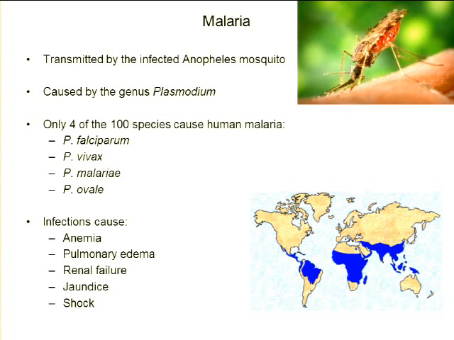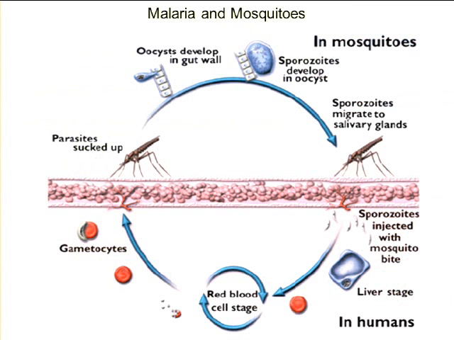Okay. Now I've talked about the symptoms. These are the main reasons that people die from malaria: the anemia, pulmonary edema, renal failure, jaundice, shock. So these things are typically what's going to cause death if it goes this far. So let's look at the life cycle of this, and I'm going to spend a little bit more time because this is important, and you've got to know this. Remember I told you I'm not spending a whole lot of time on the earlier ones, but this one we're going to delve into. Okay.